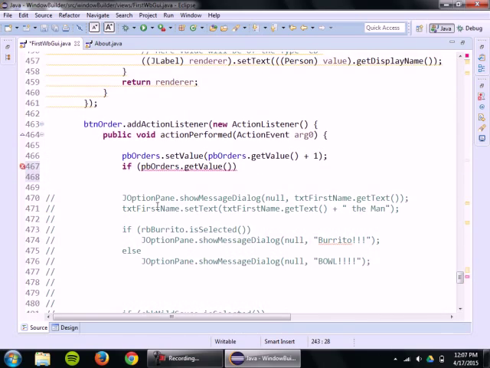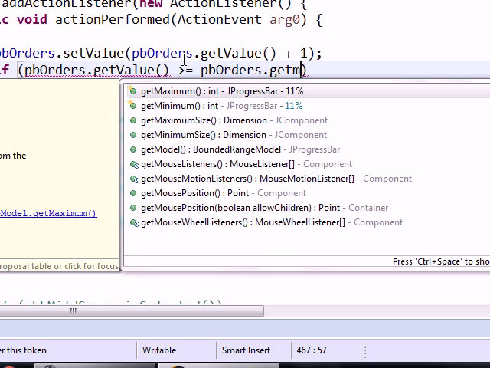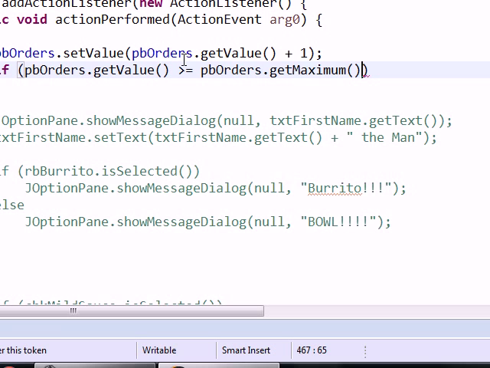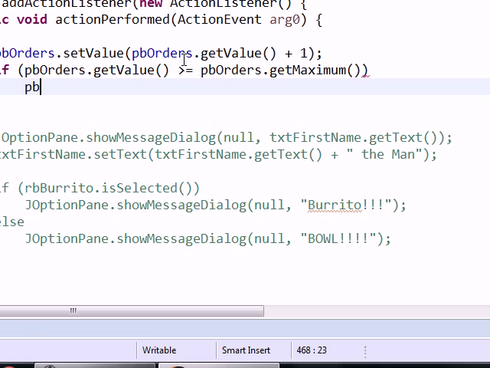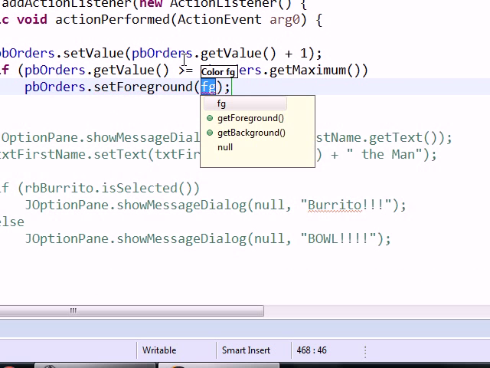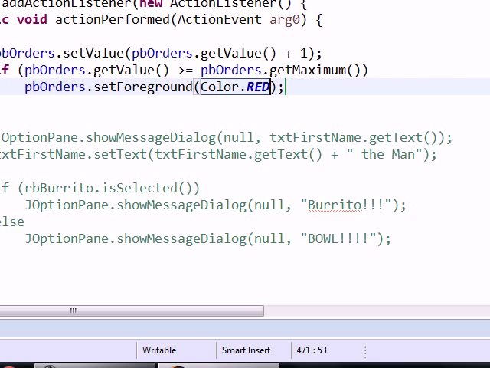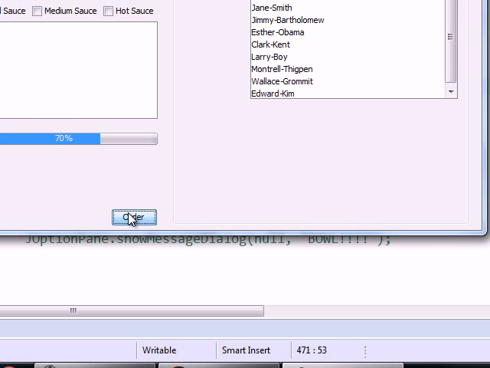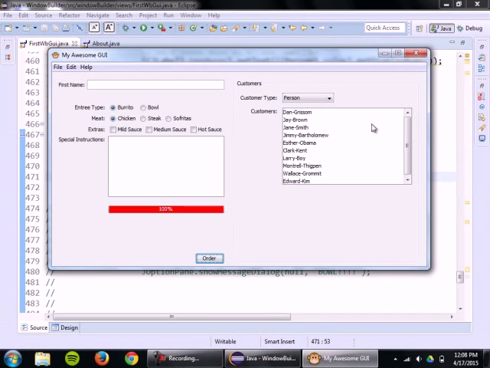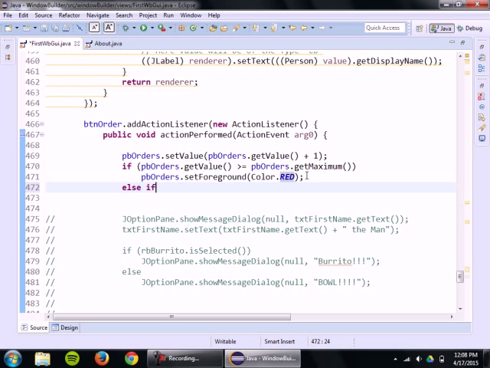Maybe I want to show some colors. So I'll say, hey, if the value is greater than or equal to the maximum value that I have set, then I want to set the color of orders. You can set, I think it's foreground color, to red. That's basically going to tell me to stop. So if I click it 10 times, eventually it'll tell me, go ahead and stop now. Maybe I want to add some more feedback, right? So if, else if,